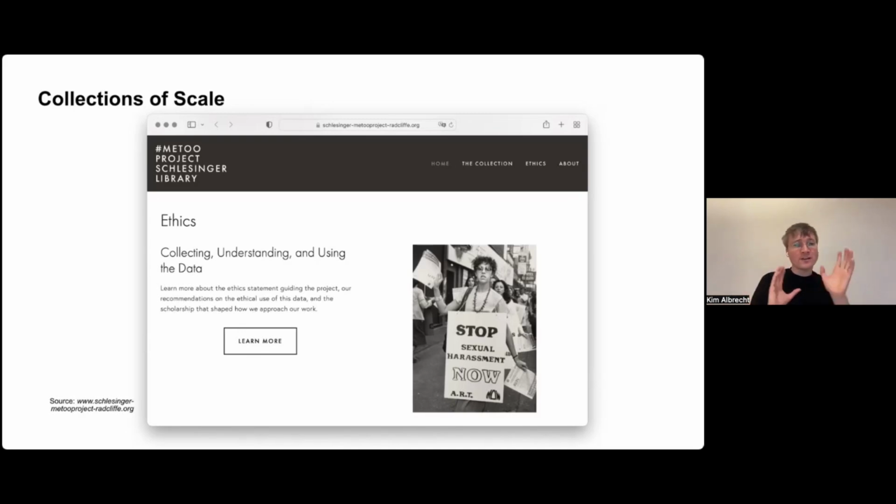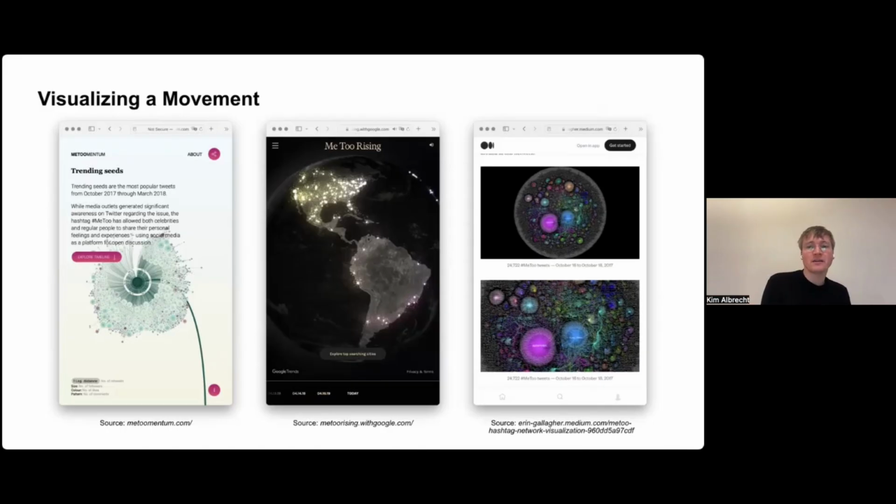And when looking at other pieces that have been done when it comes to the topic of Me Too, what we found is that a lot of visualizations often look at superlatives of the movement. So the top cities, the most liked, the most frequent, the most shared. And this is a very common method in data visualization, but also in data science. It's this global perspective, filtering and predefining what is made visible.